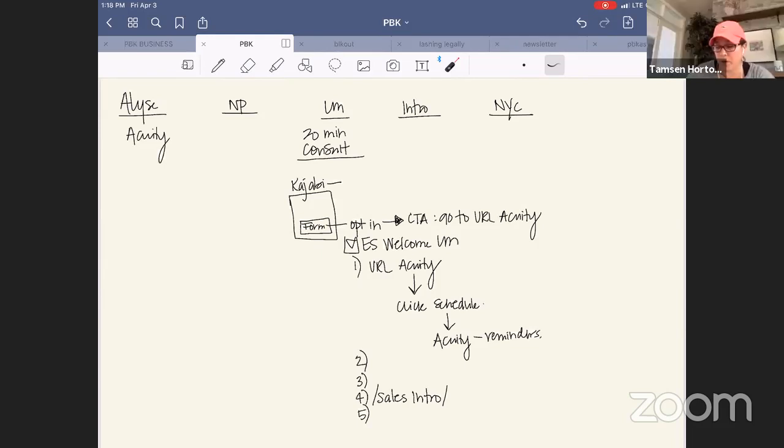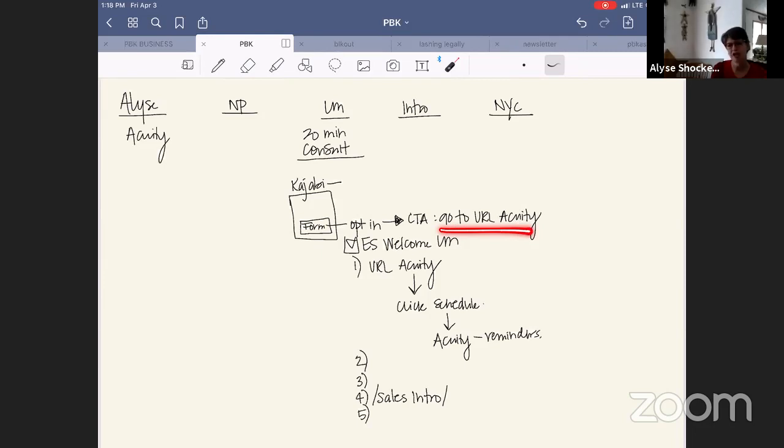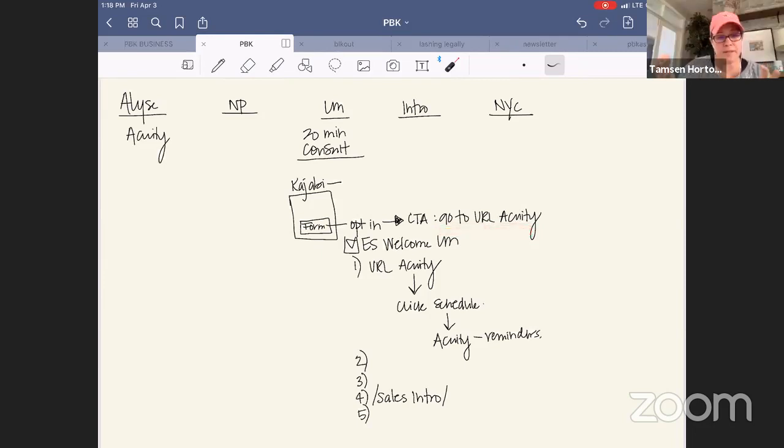Oh yeah, you want to put them in this. You want to make this sequence the welcome lead magnet sequence, because you're going to want to send them the URL to book in Acuity via email. Very few people will do exactly what you want the first time you ask them. Not going to happen. I think I lost you there. You're going to put it in both places. So when I click submit on my form, yes, I'd like to book a 20-minute call, name, email, click, the first thing I'm going to see is, oh, I'm on the Acuity page. Cool. I'm booking my call.